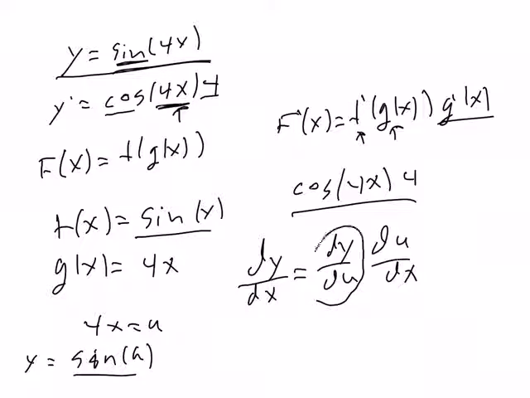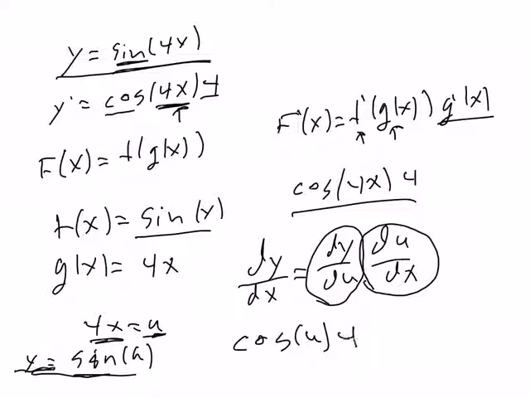Well, what is dy/du? dy/du is just going to be cosine of u. And then du/dx is going to be 4. But we know that u is equal to 4x, so this is going to be cosine 4x